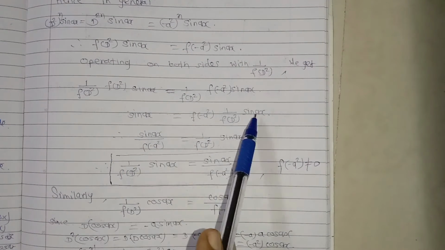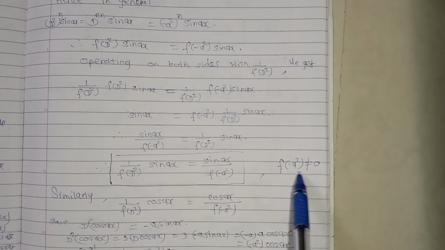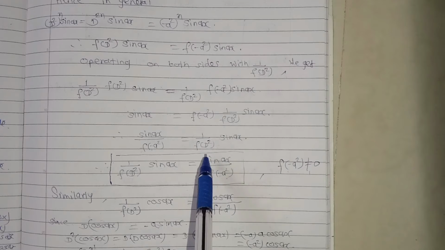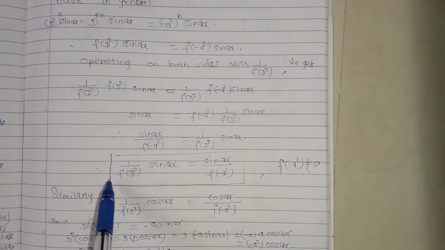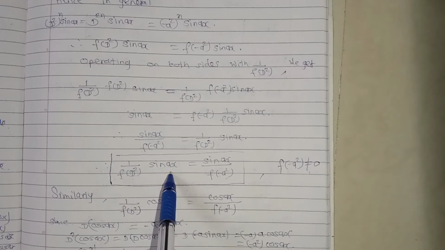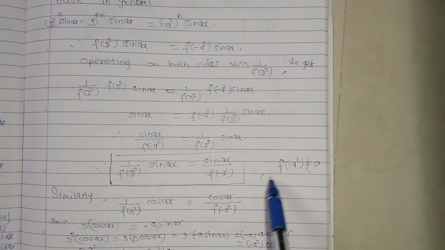Thus we get here, we divide by f of minus a square, since it is not equal to 0, so sin of x upon f of minus a square equals 1 upon f of d square sin of x. Thus 1 upon f of d square sin of x equal to sin of x upon f of minus a square, where f of minus a square is not equal to 0. Similarly,